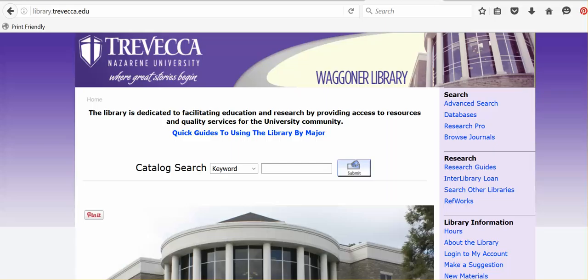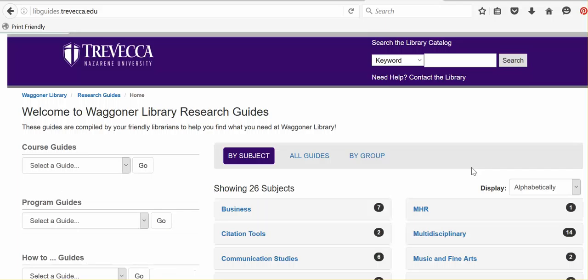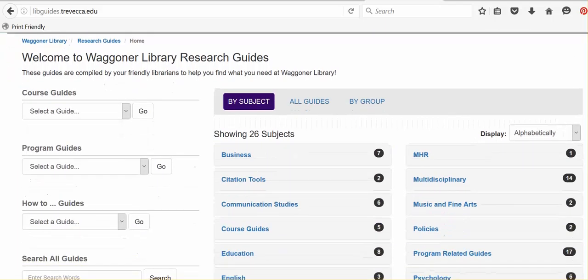library.trevecca.edu, select the link to Research Guides on the right-hand menu under the Research section. This is a list of all the research guides, some by topic, some by courses, some by program or degree program, available to you as a student to help you find the particular resources in your field available from Waggoner